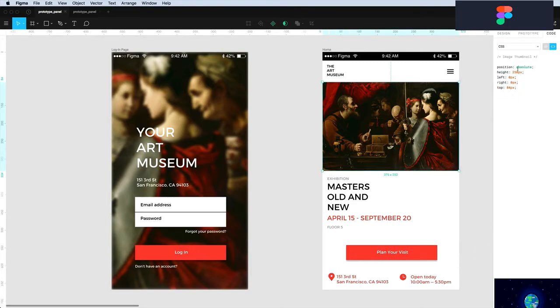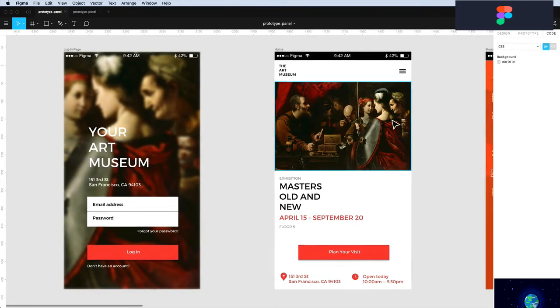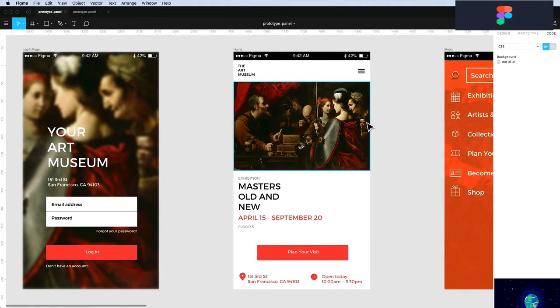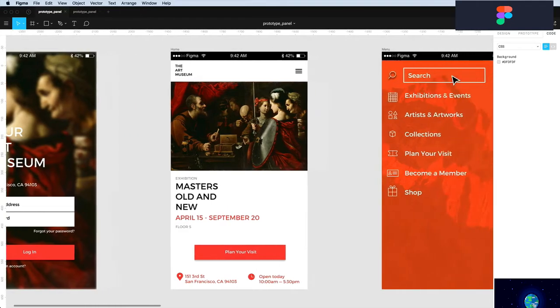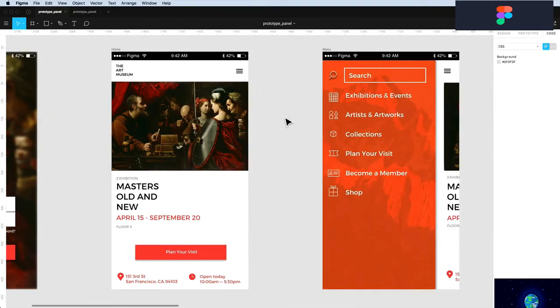And with images, again, you have the position, the height, left, right, and it'll give you the file name of that image. So if you're designing anything in Figma to then code later, or if you want to give your design files to your developers, make them aware of this code panel, because it'll likely save them a lot of time trying to guess certain colors or different font styles by just jumping in here, grabbing these, and applying them